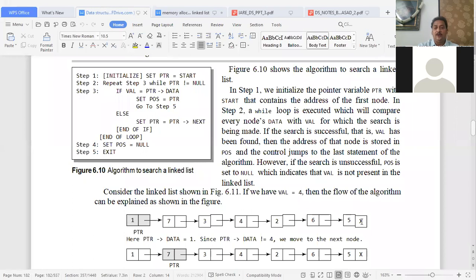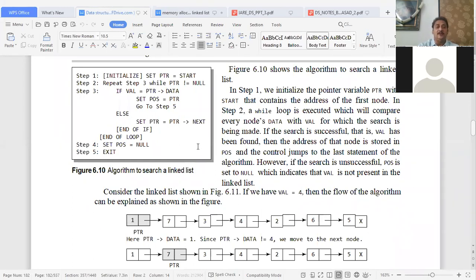Otherwise, till you reach pointer next equal to null, if you haven't found the item you are searching for, then return failure. So this is the way we go for searching.